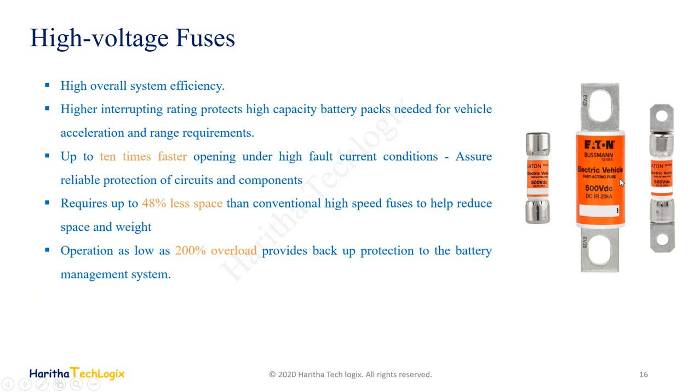That means when the high voltage fuses are operated, the high voltage battery's positive and negative terminals will no longer have any power input, power output, or power supply. These high voltage fuses have the capability to withstand up to 200% overload and operate 10 times faster than conventional high speed industrial fuses. Can you imagine? They are very important to protect all the key high voltage components of the electric vehicle, especially the high voltage battery pack, which is a very costly component in the electric vehicle.